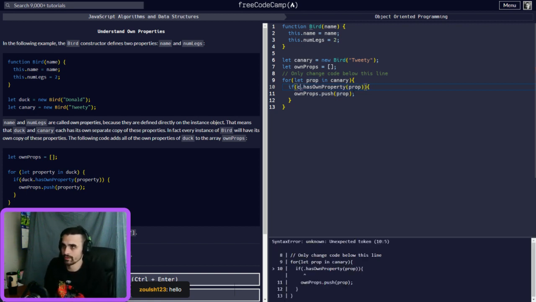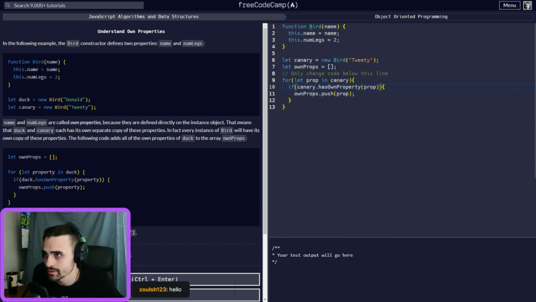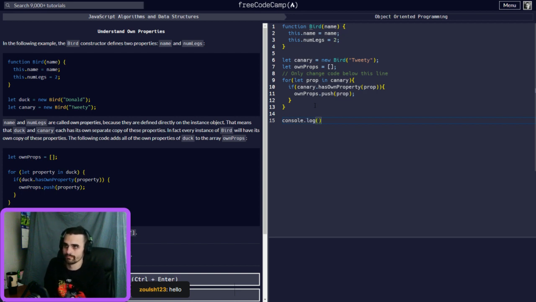You don't want to call hasOwnProperty on the prop, you want to call it on the object it's going to access, because it wants to check whether canary has the prop inside it, not the prop itself. So console.log ownProps. There you go. Now we're putting all those properties inside there.